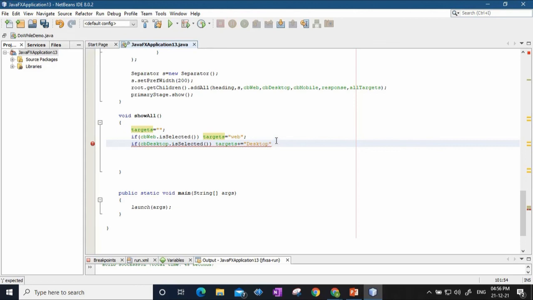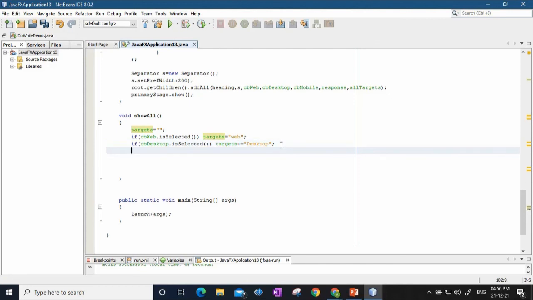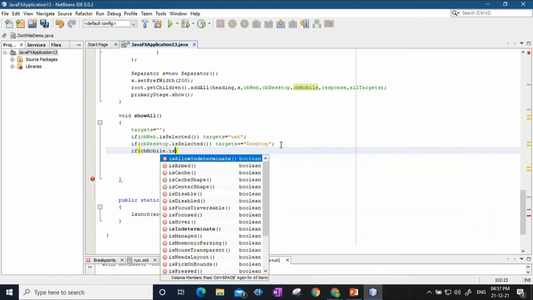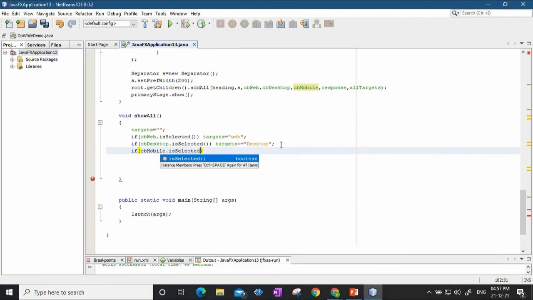So previous string plus this string. Fine. Next, if CB mobile dot is selected, fine, then the target string will be the concatenation of the previous values that are already selected plus this time it will be mobile. Okay.